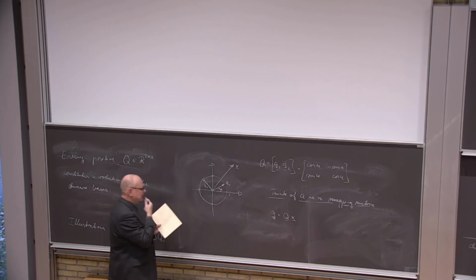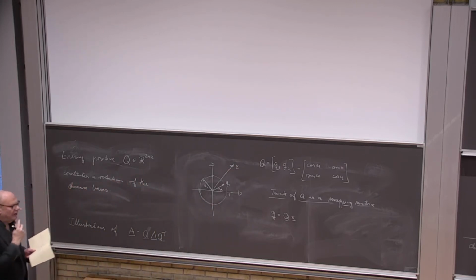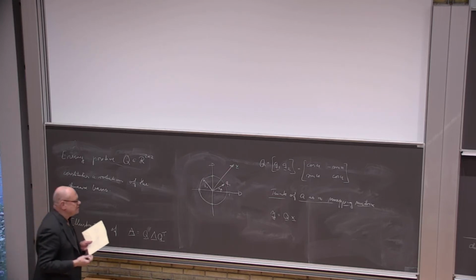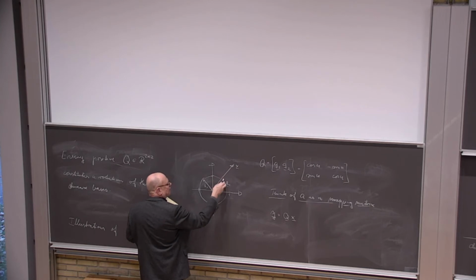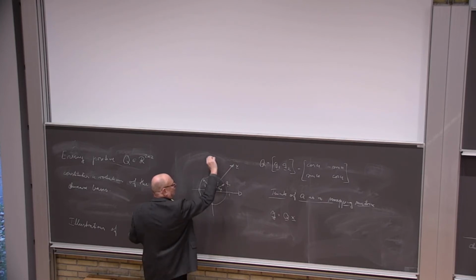Let this be my vector x here. And you're going to do an exercise where you're going to look into this problem. But the thing is that when you use this mapping on this vector here, it is rotated by the angle u, say, into